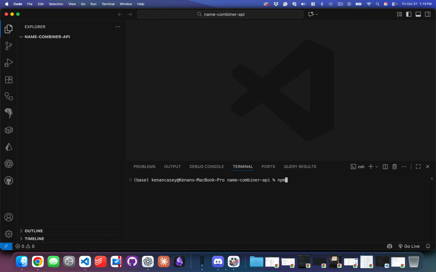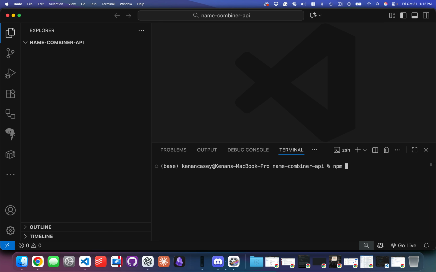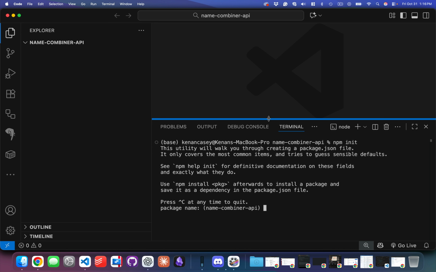Do you remember from last time, how do we create an Express app? I think it's npm init. And this takes us through this cool little wizard. You remember this? What should the package name be? Name combiner API, yes. Press enter to accept the default, 1.0.0, yes. Description, skipping it. Entry point,